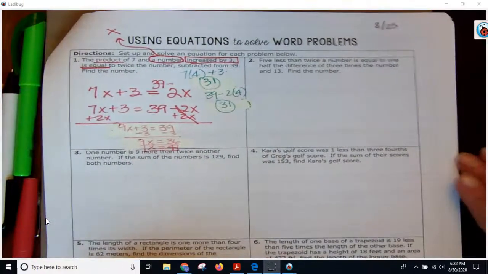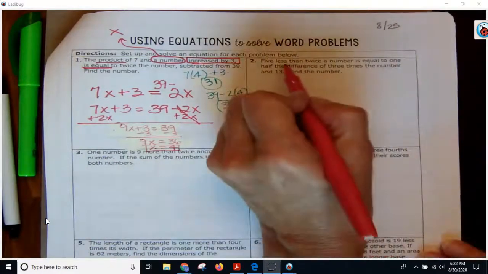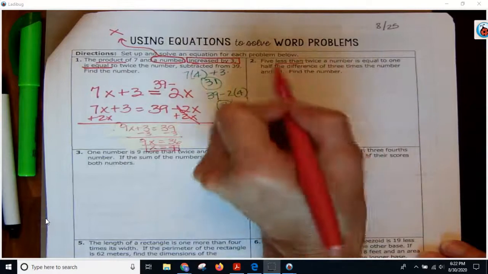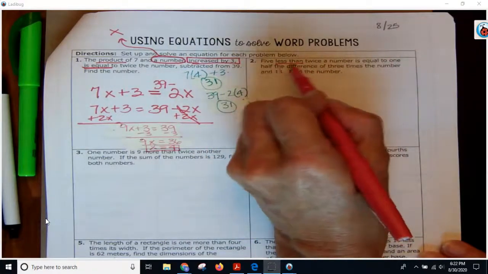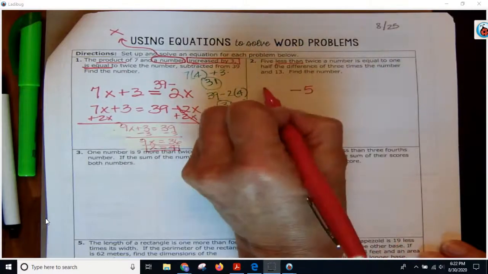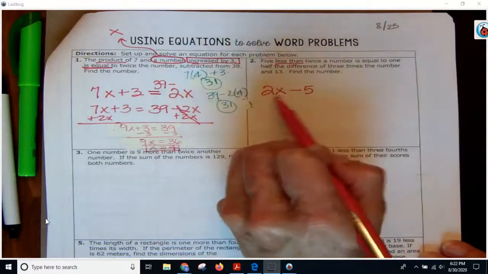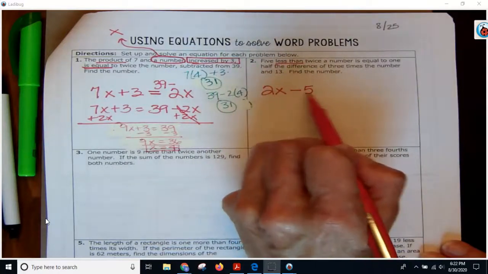So number 2, 5 less. So we're going to do the same thing. I'm just reading. Be careful with these less than, because that means that the 5 comes second. So 5 less than twice a number. So we've got 2 times the number less 5